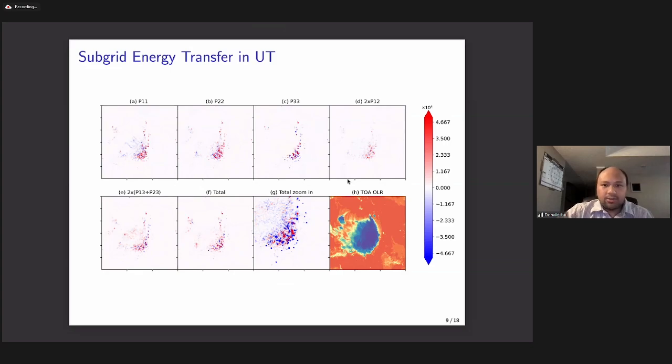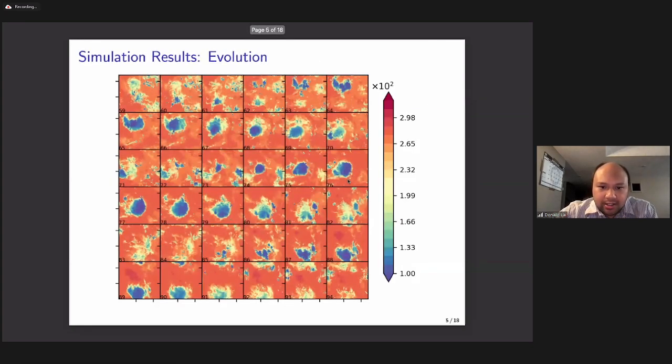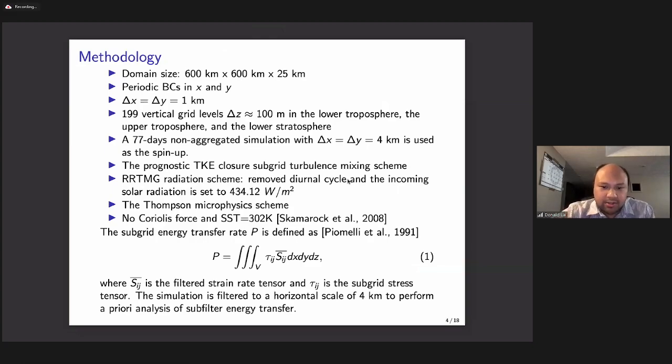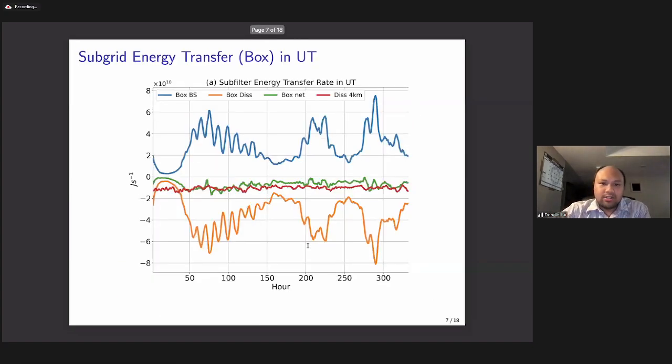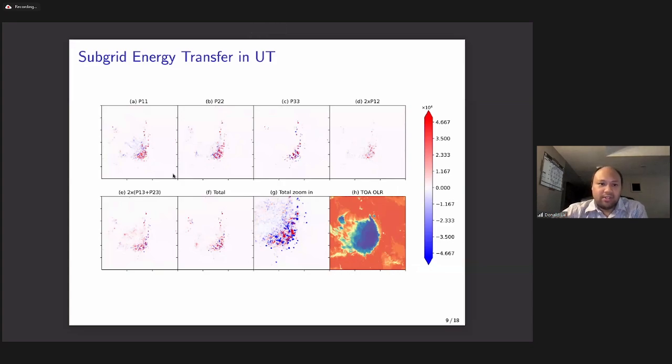In order to do a deeper investigation, I separated the subfilter energy transfer rate into 6 different components, and the 6 components are defined this way. So if we are looking at P12, it means that i equals 1 and j equals 2. So if we're looking at P12, it's just tau12 times S12 here. Getting back to the plot, this is the vertically averaged component of the